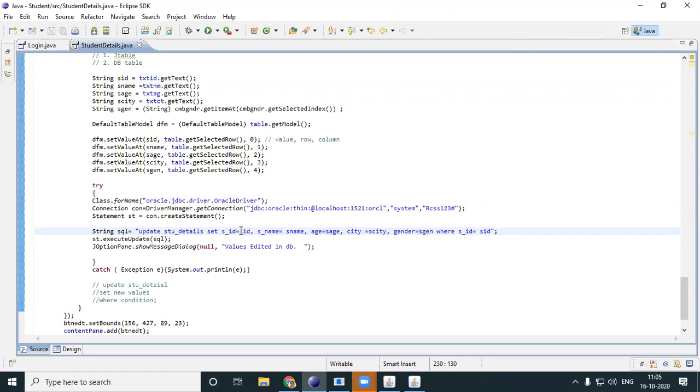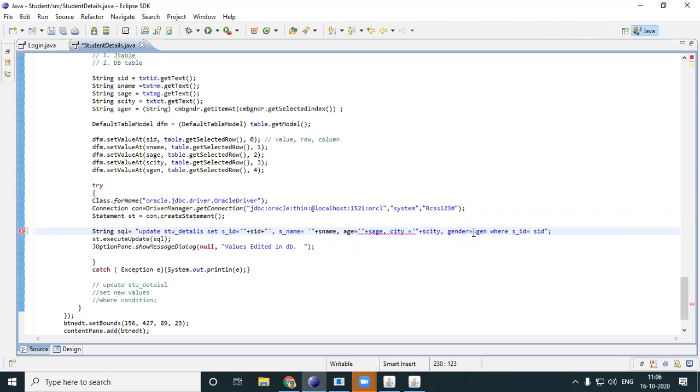Oh, I forgot to give quotes over here. These are variables, right? So I need to give single quote, double quote, plus, double quote, single quote. Okay, so I'll just copy everything, precede it with that. S name is equal to S name, S age is equal to S age, city is equal to S city, because these are variables.